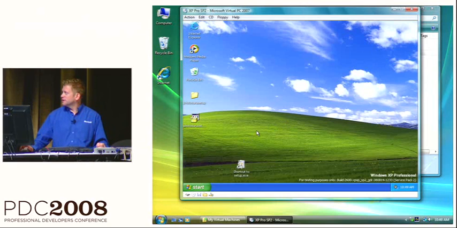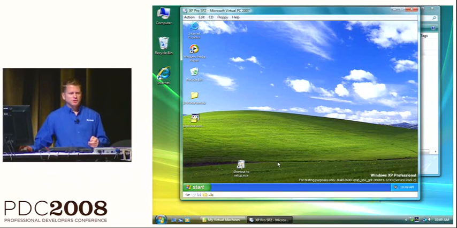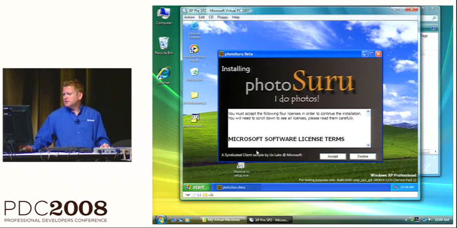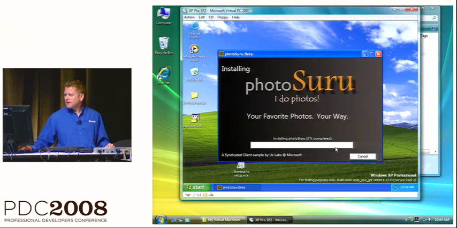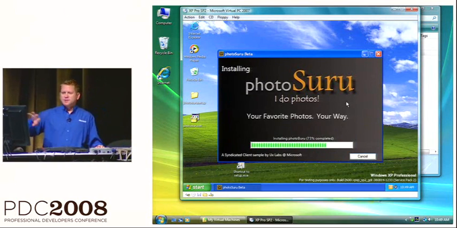I'll go ahead and show you an example here. There's a package that was built with this by the UX team over in the Windows Presentation Foundation. It's an example package called Photo Suru. And I'm just going to go ahead and double-click on the setup.exe here. And I get my EULA dialog, this custom UI that I've built inside of the tool here. And I'm going to go ahead and hit Accept on the EULA,